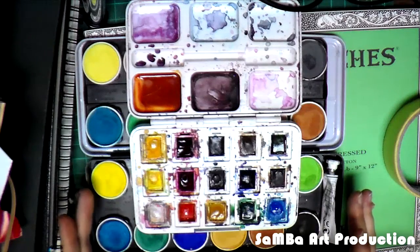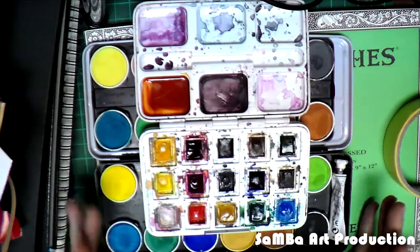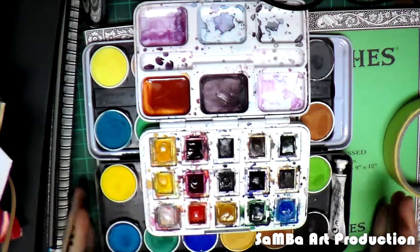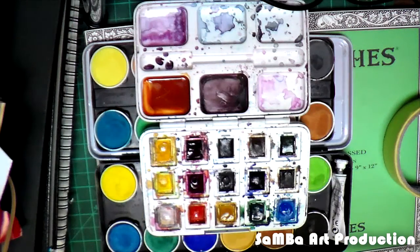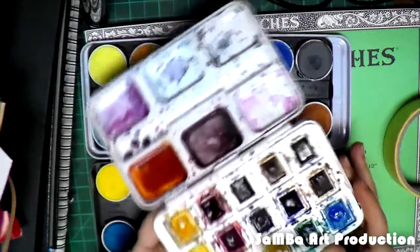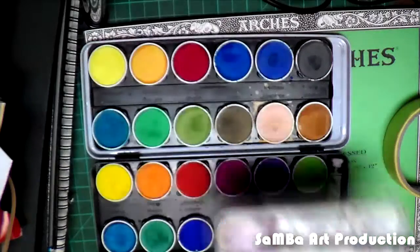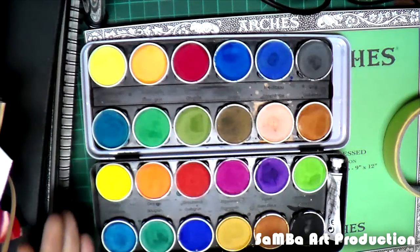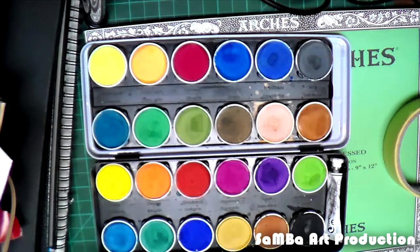We don't have any artist grade, which I'm not going to talk about, but in general, this one has the higher quality. But people will start to compare by size, so you can't compare. Like this is 15 colors, and it's very small in size, and this is 24. So some people would start watercolors and they want to try the cheaper alternative, the thing that costs less but has more,